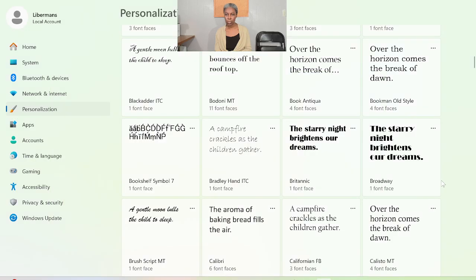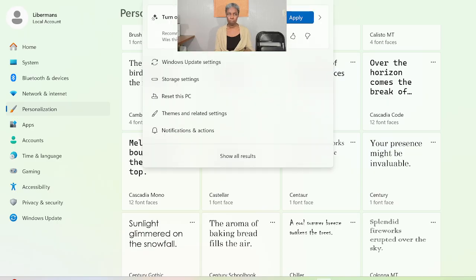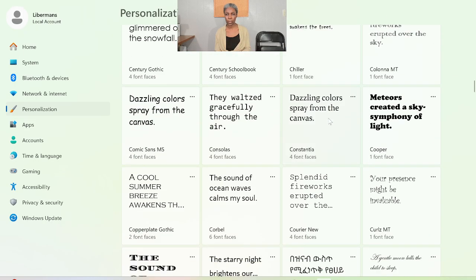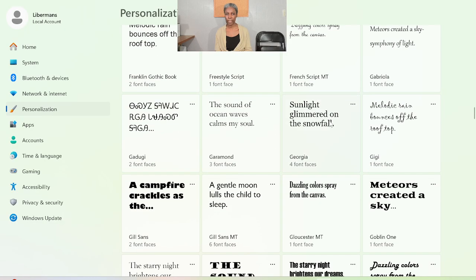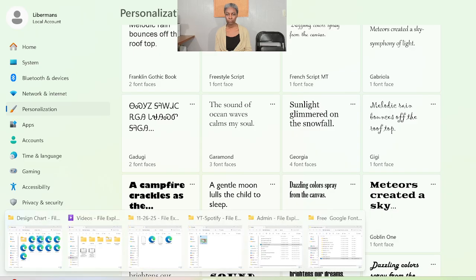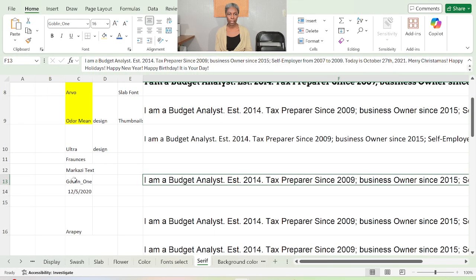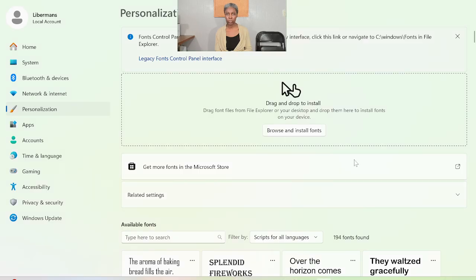Okay, so we are looking for Goblin. Or not, but you know, yeah, you can just go through it to see if the font is there. But technically, once you restart your computer, you should be able to see it here. Otherwise, you will just come here and try to see what you have. And I will assume it should allow me to